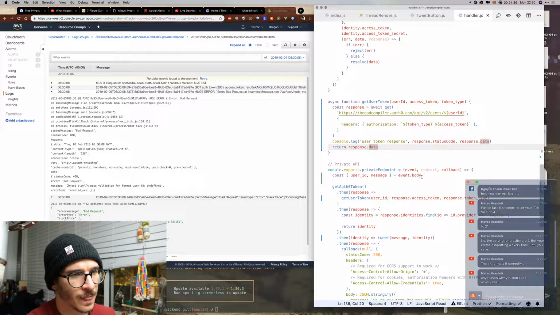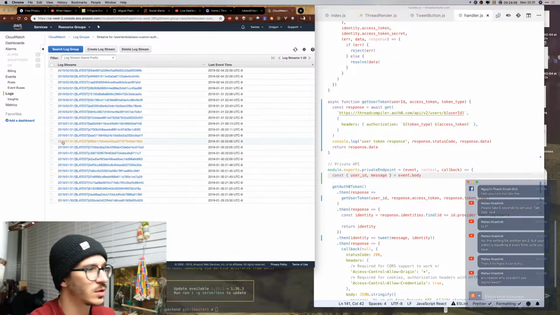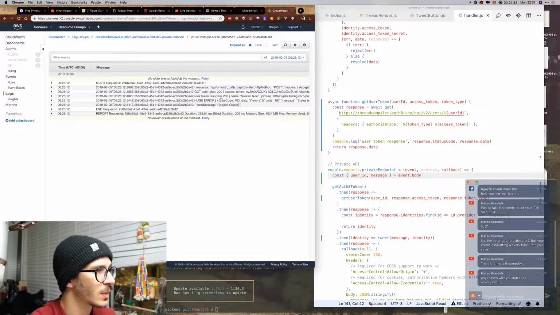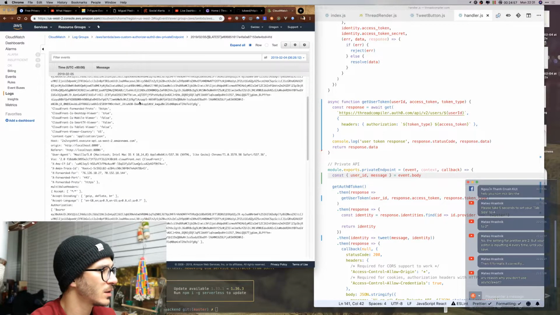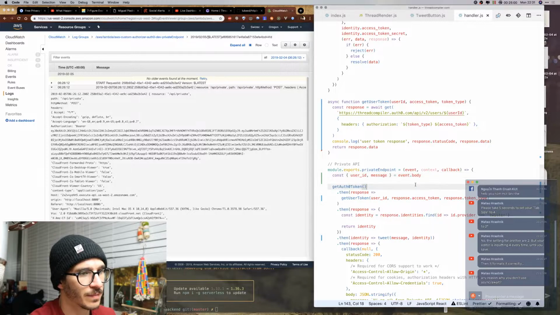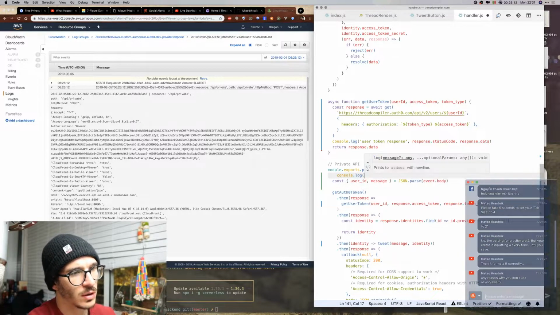Cool. So what I'm doing wrong is here's something. Maybe when I was logging the event, it wasn't actually a JSON. Let's see. Here, resource API private. Was this actually a string? Let's try JSON.parse of event body, user ID message, and I'm going to also console log type